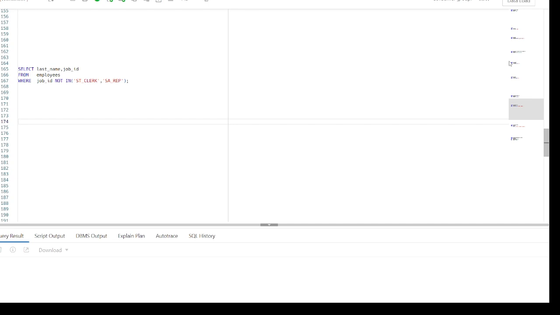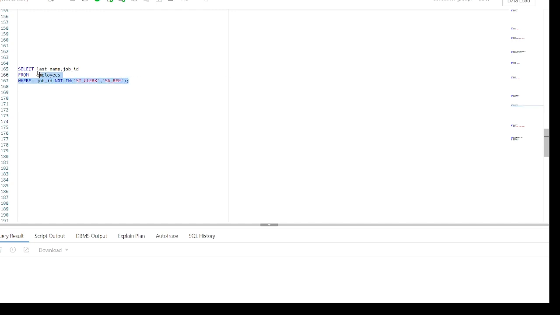We can also use the logical NOT operator in the query, which is going to negate the condition. In this example, as you can see, this query will display the last name and the job ID of all the employees whose job ID is not stock clerk and sales representative.